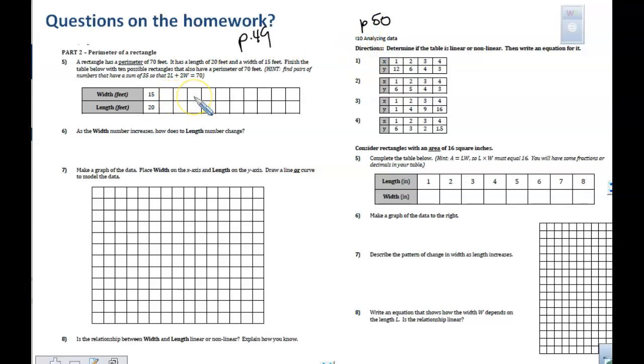So when you take a look at question number 9 on that page, it says this time the two numbers that you're picking, the length and the width, so the perimeter. So when you go to draw your graph, X, Y, right? X is always down here. Make sure you put width